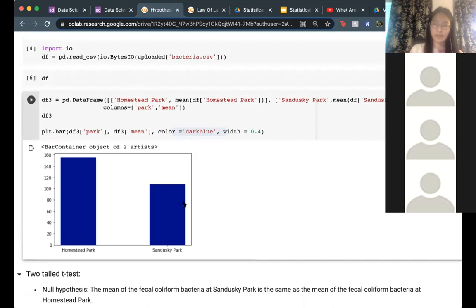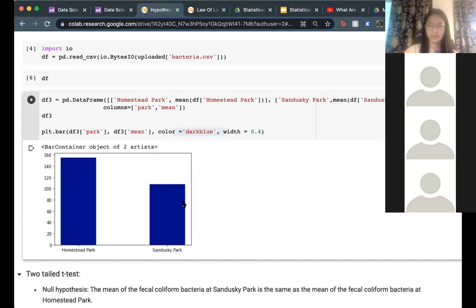And so right off the bat, you can't say anything significant yet. You can't say anything about that. But what you can say is, hey, from a basic visual thing, what do you kind of see? You kind of see, hey, Homestead, larger mean than Sandusky. Seems intuitive, but hey, might be helpful for you if you are trying to determine if you are using a